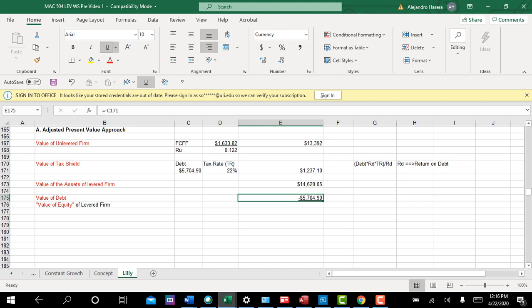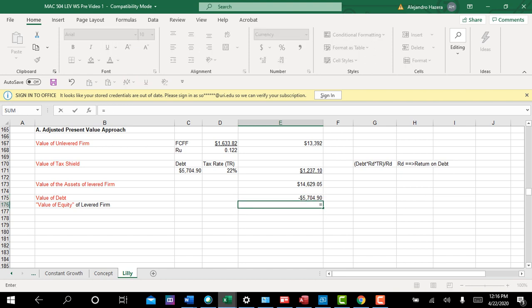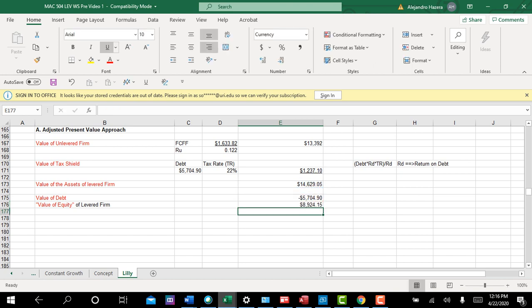Okay, so anyway, in a sense, the value of the equity of this firm is you take 14,629, which is the value of assets of a levered firm. You take out the value of debt, and you get the value of the equity of a levered firm. Now, just to finish this thing off right here,